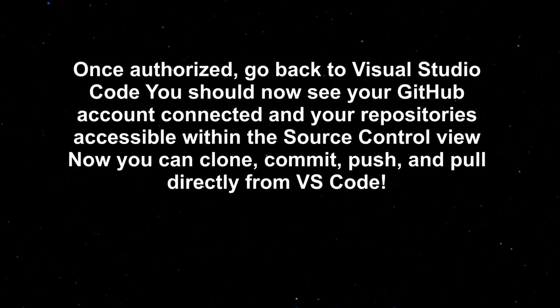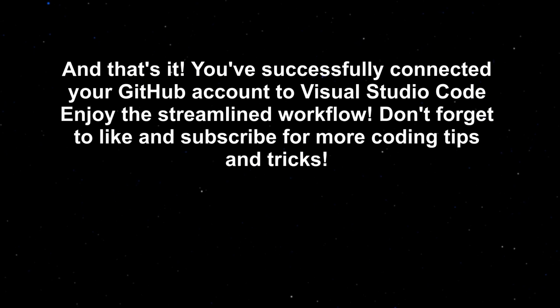You should now see your GitHub account connected and your repositories accessible within the Source Control view. Now you can clone, commit, push, and pull directly from VS Code. And that's it. You've successfully connected your GitHub account to Visual Studio Code. Enjoy the